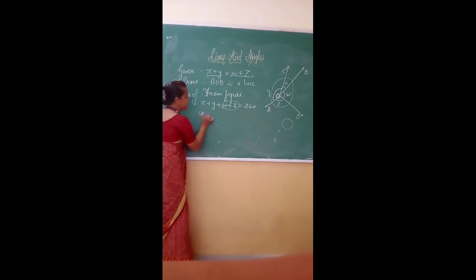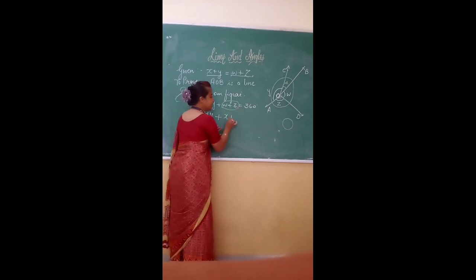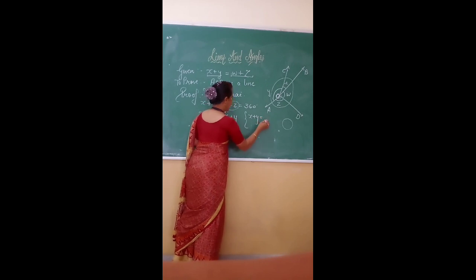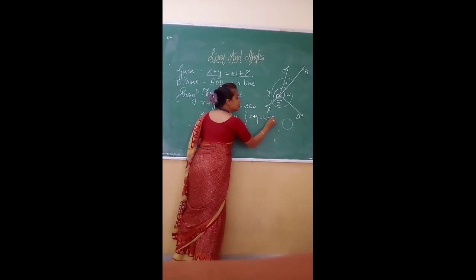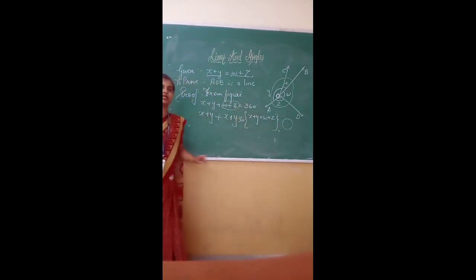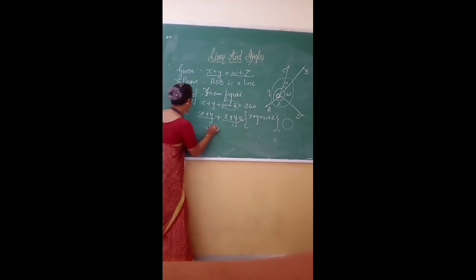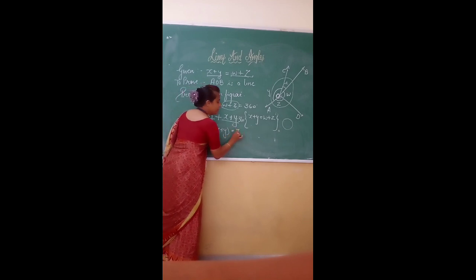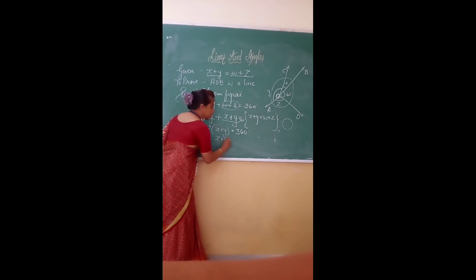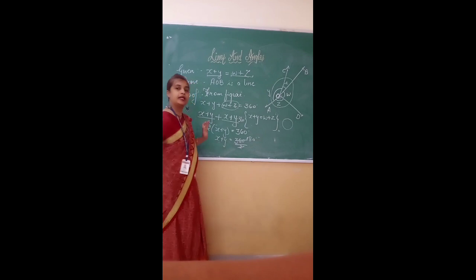So if we replace w plus z with x plus y, as it is given to us that x plus y is equal to w plus z, then this sum is equal to 360 degrees. Then x plus y plus x plus y is equal to twice of x plus y, which is equal to 360 degrees, or x plus y is equal to 360 upon 2, meaning 180 degrees.